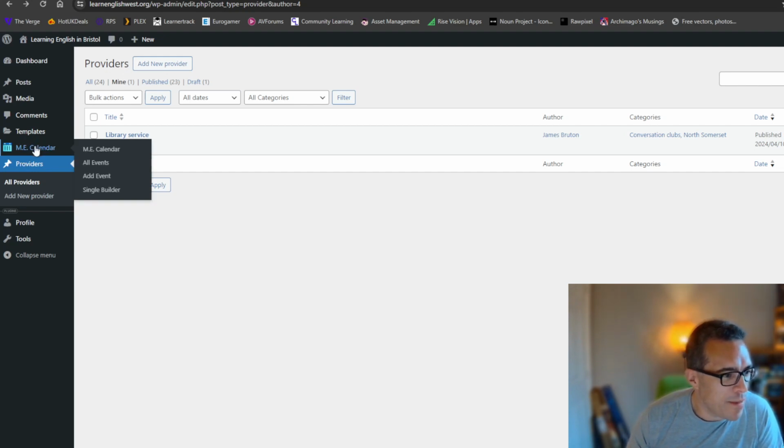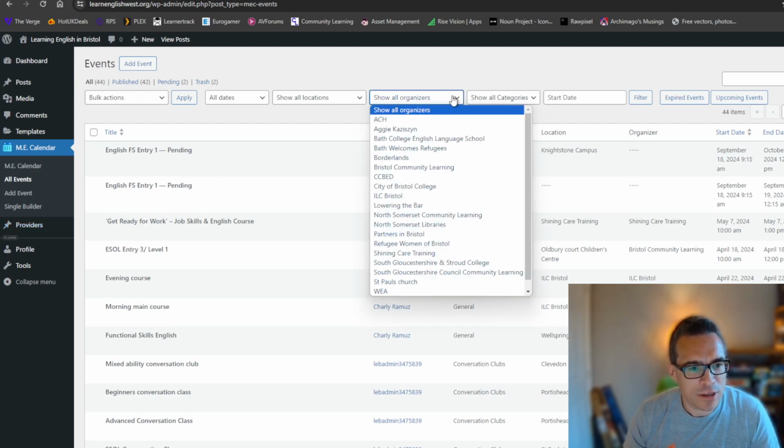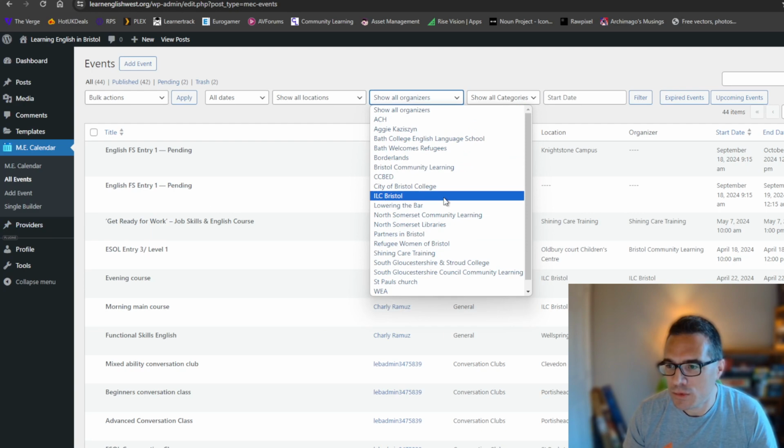Right, ME calendar. We can go in here. If you hover over it, you get a little pop-up menu. Hit all events. You will see all of your events, and you will see everybody else's events. But you'll notice they're greyed out, so I can't edit anyone else's events, which is very good. And I can also select by organizer. So I could select the ones that